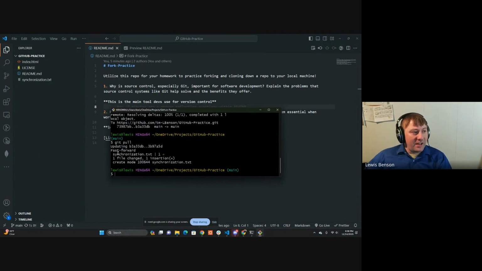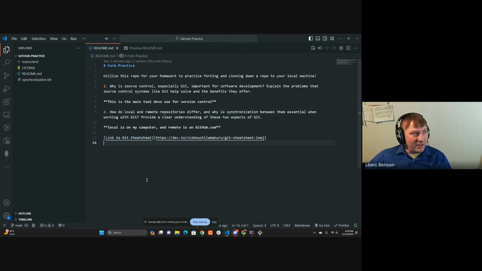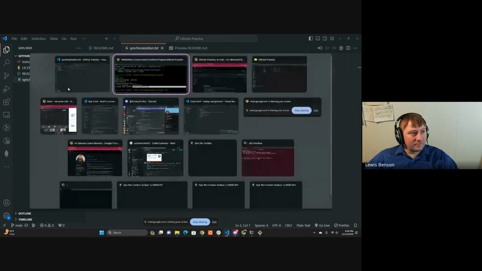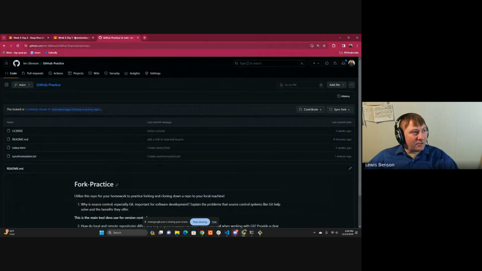And we can see that we have a fast forward, meaning we don't have a merge conflict. We have a synchronization.txt, and it added one line. So we have one file changed with one insertion. And I'm not sure what the create mode 100644 thing is, but we did create the file, and that's what matters. So there we can see the file is created. That looks good. So going back to the instructions,